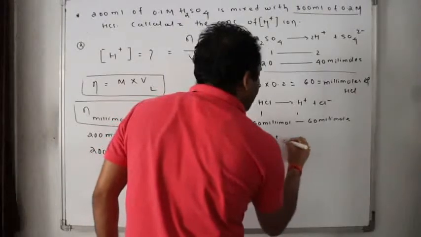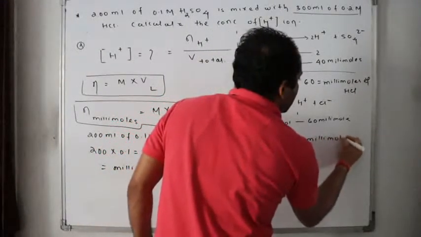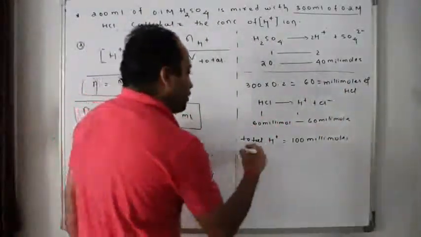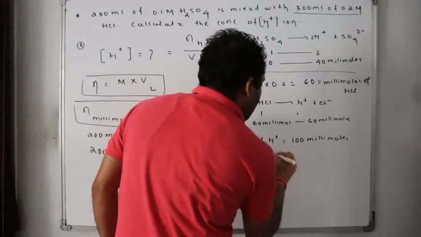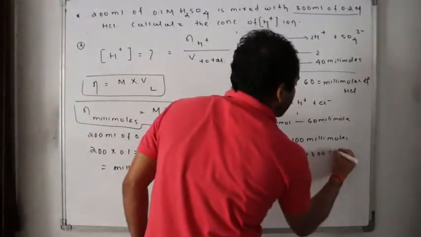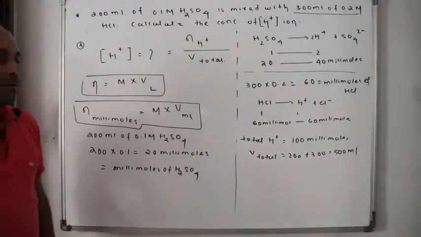So can I say total H plus is 100 millimoles, where 40 is here. Yes or no? What is the total volume? V total is 200 plus 300, that is equal to 500 ml. Yes or no? So what is the molarity